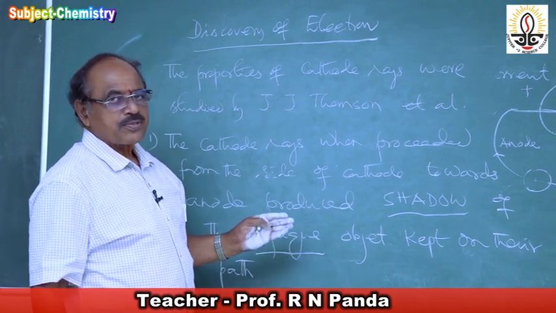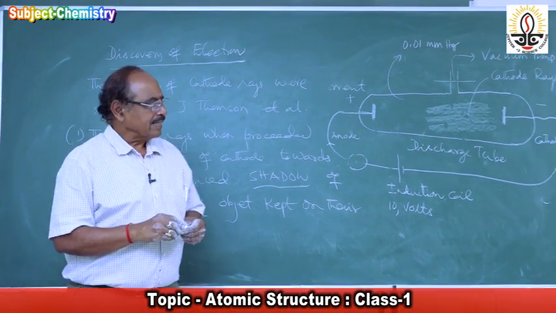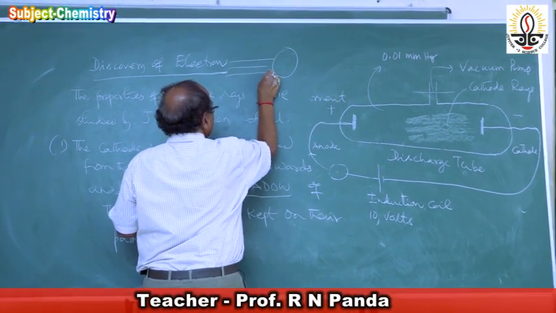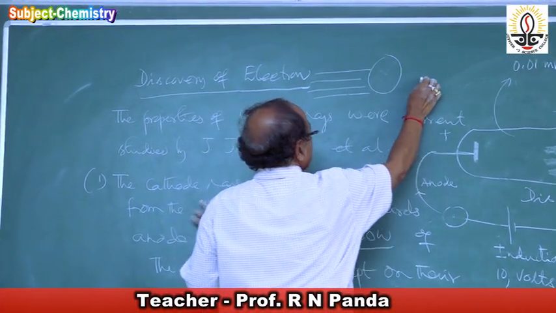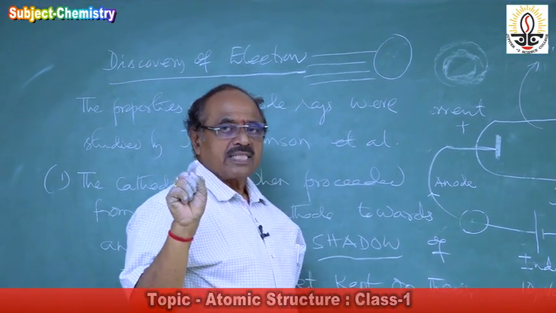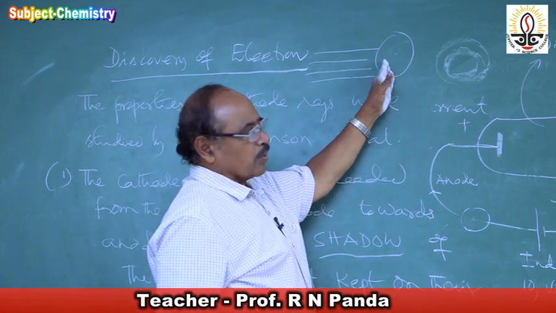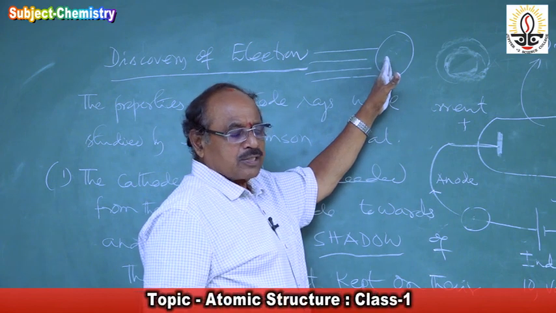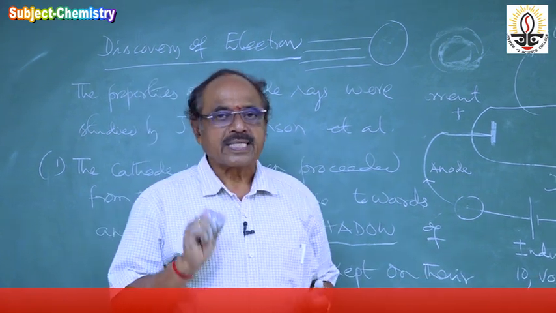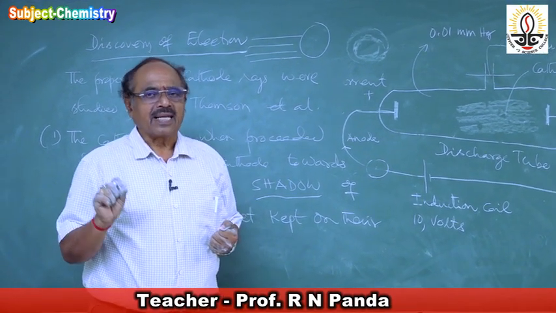So when a shadow comes, optics has already confirmed that when light comes and this is the object we kept, a shadow forms here. Why does this shadow come? Because light travels in a straight line. Light always travels in a straight line and cannot cross the opaque object, so it will produce its shadow. Hence they concluded that the cathode rays must be propagating in a straight line like light,